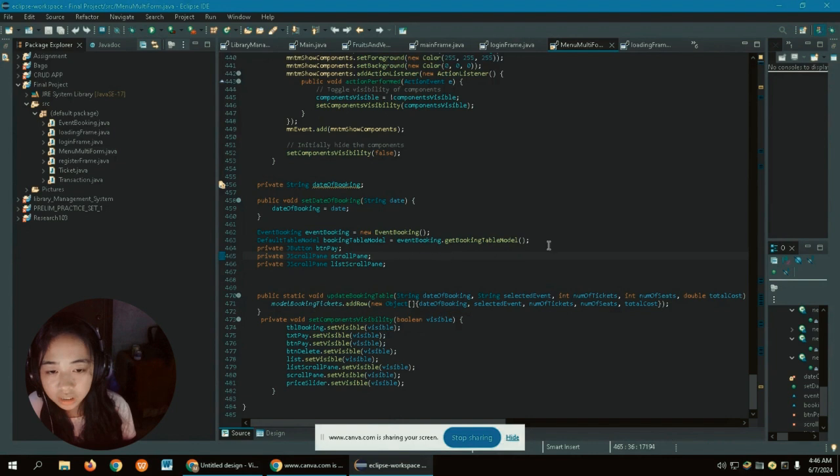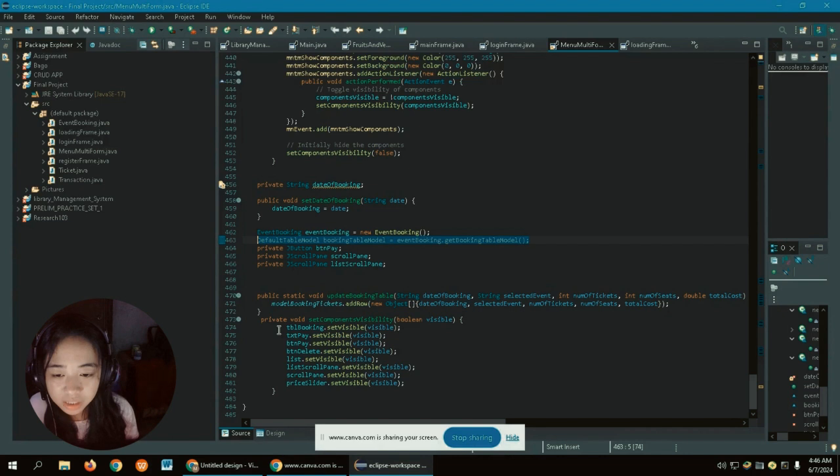And then making a new table model right here. This is for the JButton panel, scroll pane, and other scroll pane. And then making a public static void for date of booking, string, select event, number of tickets, number of seats, total cost, and then adding it to the row.